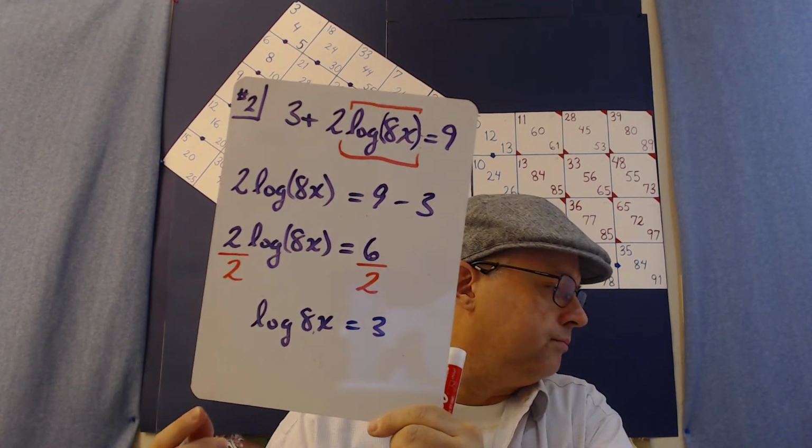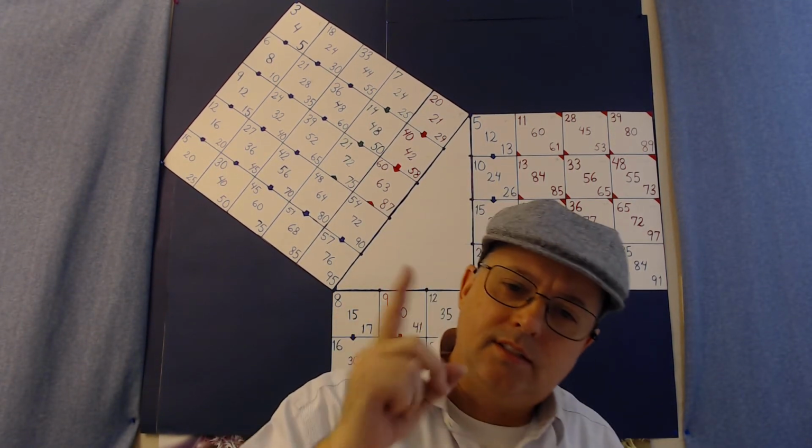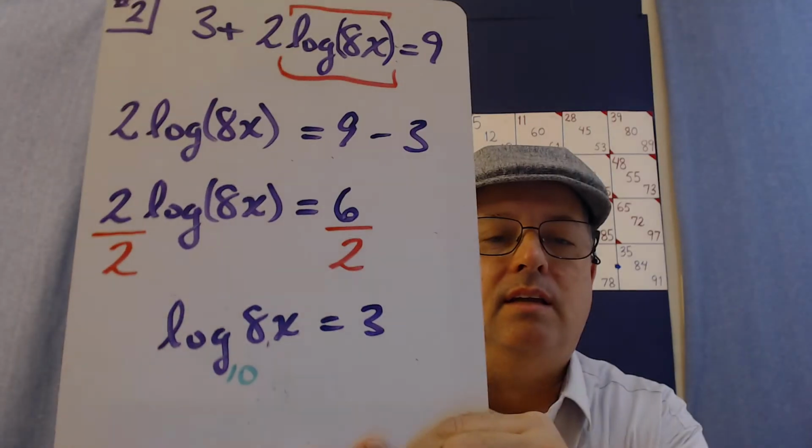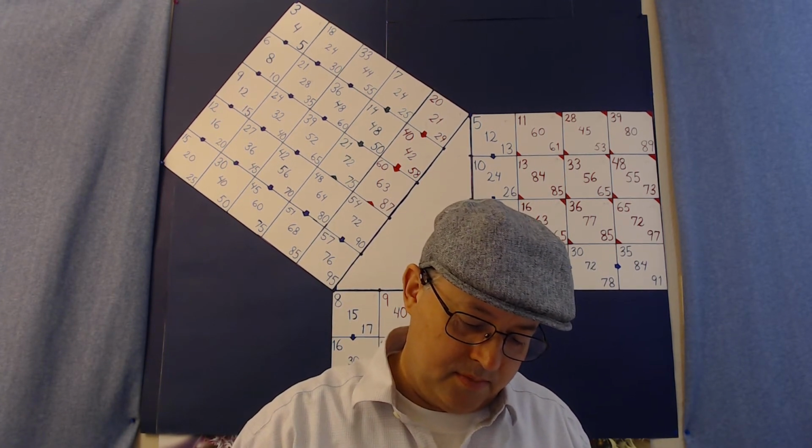And now you may be wondering what the base is. But it's common knowledge what the base is. Because this is the common logarithm, the logarithm that every common person uses, right? Whenever they're doing logarithms. And so this is base 10. Base 10. The everyday logarithm. So we have log base 10